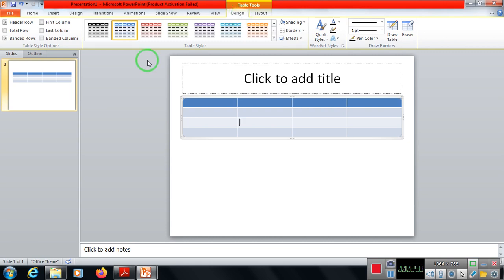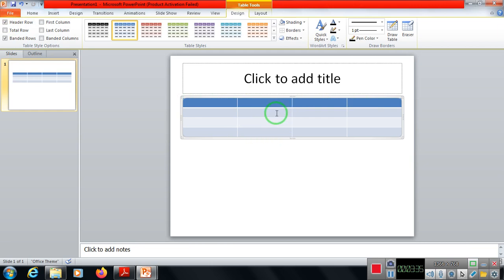In the Design tab, the very first thing we have is the Table Style Options. This is a group, keep this in mind. In this group, the very first option is Header Row. If you see, this Header Row is on, that means it is clicked. The first row of your table will be known as your header row, and if it is clicked, this particular row will be displayed in a filled section or a different way than other